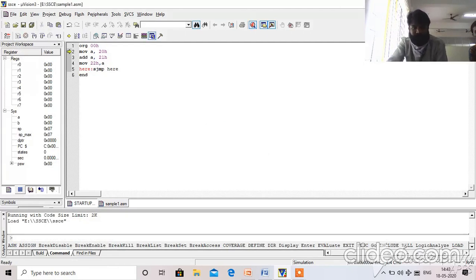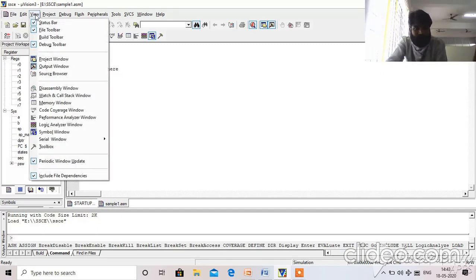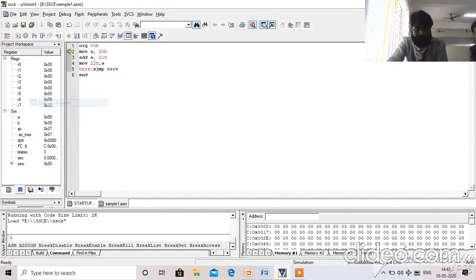Now, as we know, our data to be added is present in the memory. So for that, you need to open a memory window. To open the memory window, go to view, then memory window. So the memory window is opened. Here you need to load the data into data memory.